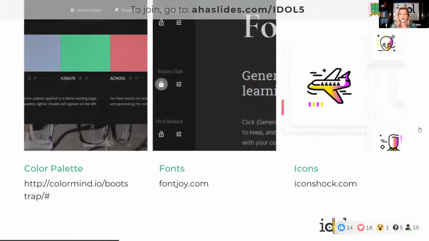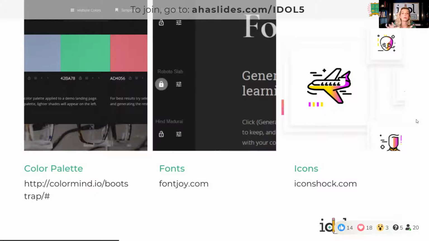All right, so the color palette. Remember I mentioned that I encourage you to get no more than 5 colors. Well, there is a program called colormine.io/bootstrap. And what's great about this is that you can put in your favorite color in the middle, lock it down.